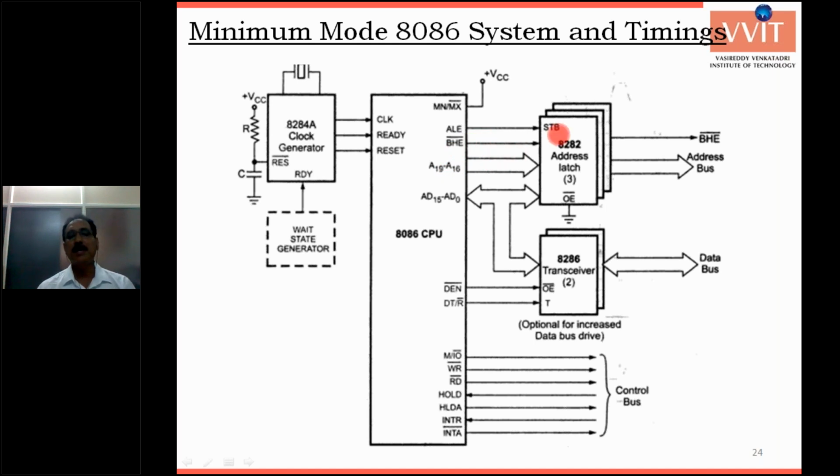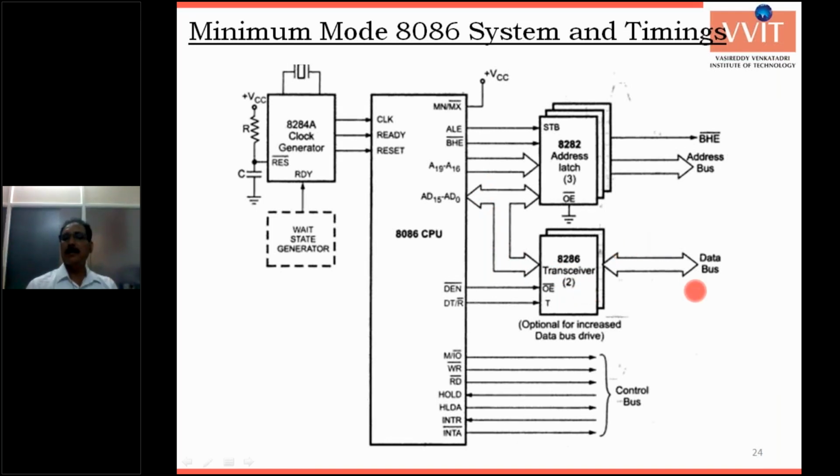Next, BHE bar. Now in previous memory segmentation and memory organization, memory is divided into the even bank and odd bank. The even bank is enabled by A0, the odd bank is enabled by BHE bar. Each 512K bank is referred to by 19 address lines, A1 to A19. The next is AD0 to AD15 of the 8086.